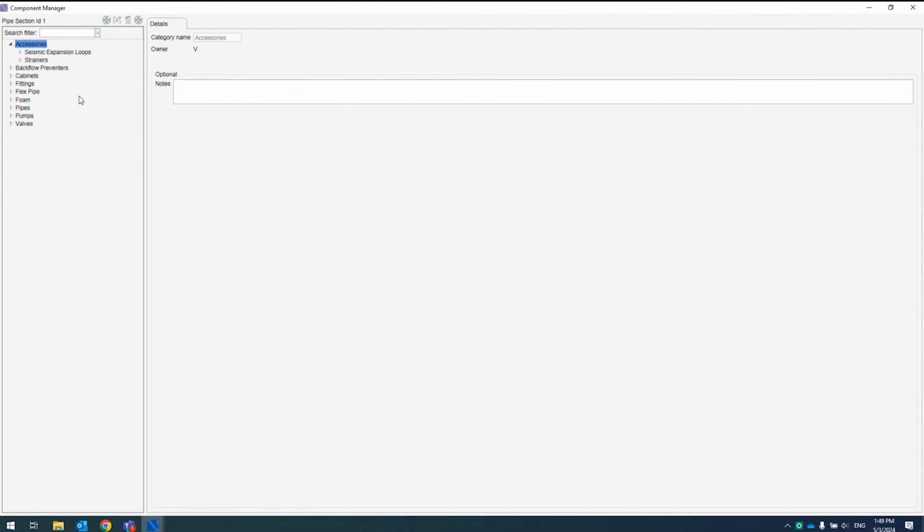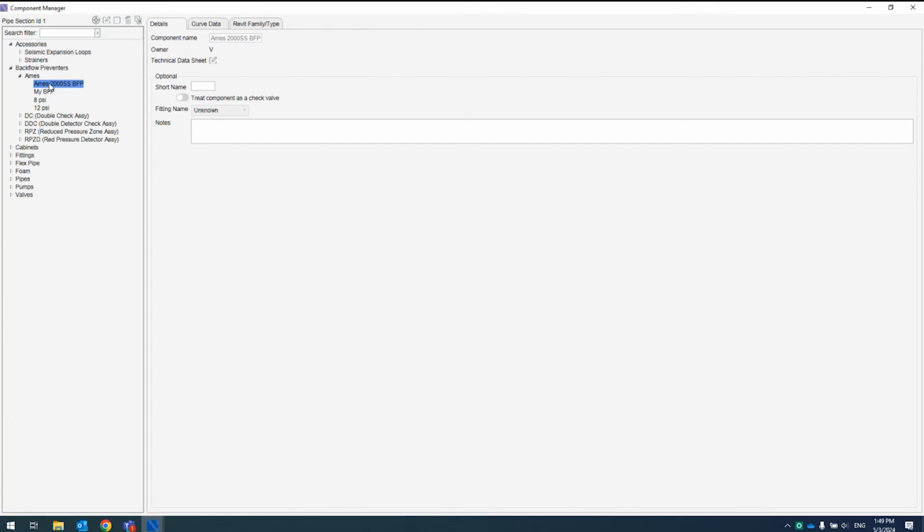As I was going through the various inputs there. Within here, we give you a starting point, and what we've got is some high-level categories classifying the different things that you might find on a typical system. So if I were to go into our backflow preventers here, we've got a few different categories. If I go into AIMS and click on the first item, the AIMS 2000 SS, you can see that